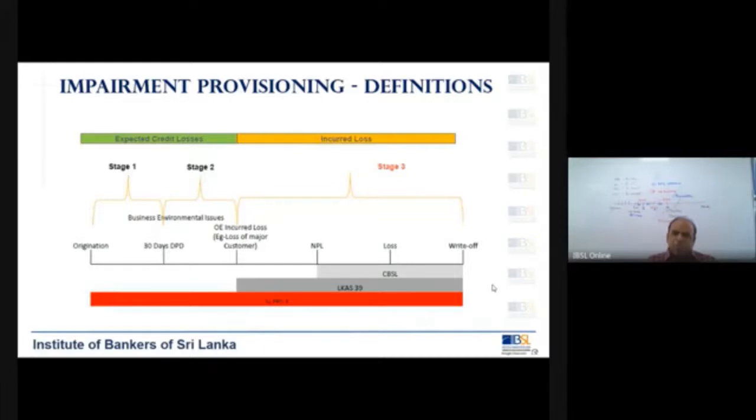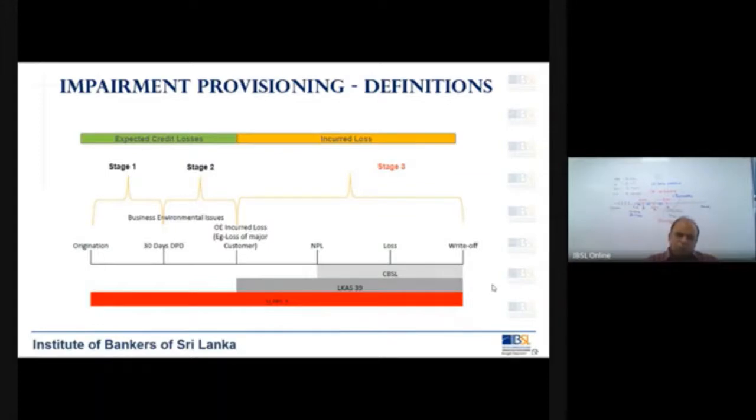Look, you can't wait till the loan goes into bad, that is non-performing, or wait till the customer has objective evidence. You have to expect now from day one itself that the customer might default, which is a probable scenario. You give a loan today, the customer defaults from the very first installment. Possible, right? Because under these scenarios, there could be customers who might not kickstart the business. They might borrow money to do the business, but they never kick off.